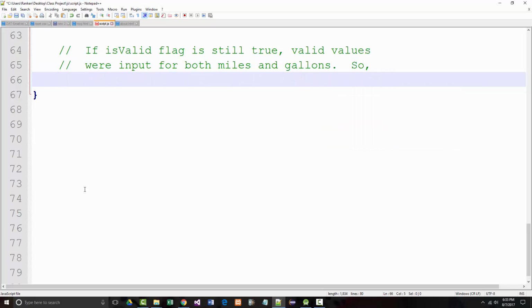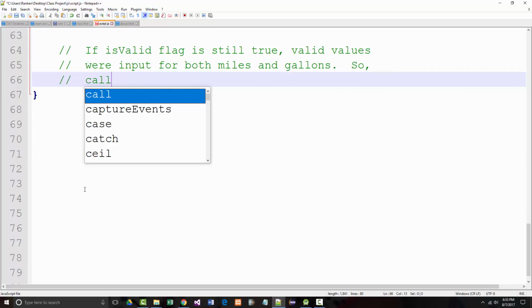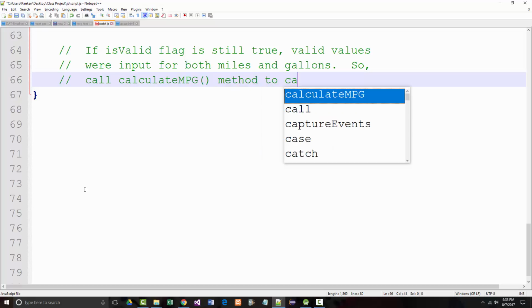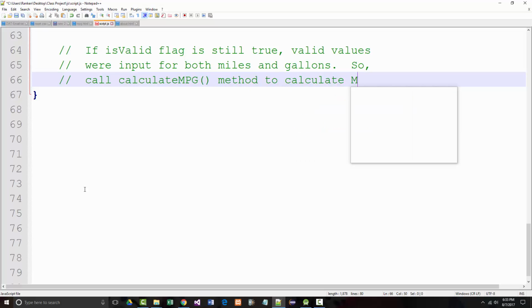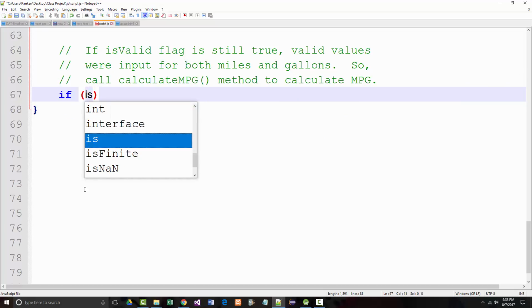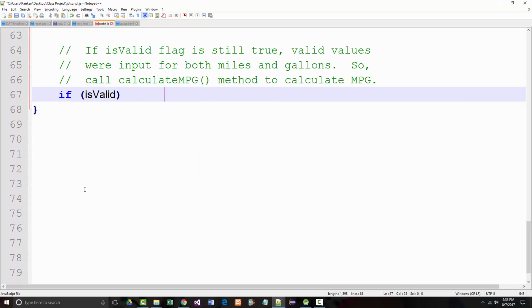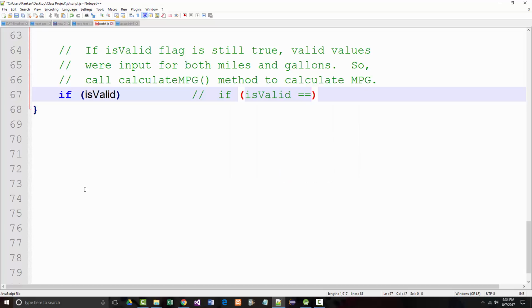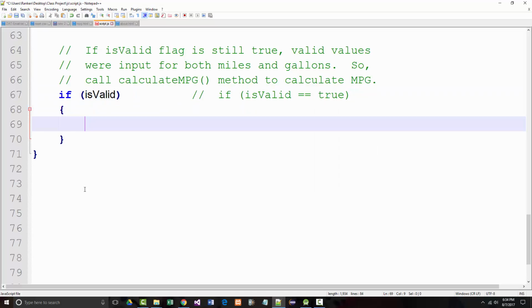So call the calculate MPG method to calculate the MPG. I know I've done this many times with you, but that's a shortcut for if is valid equal true. Okay, so if that's the case,